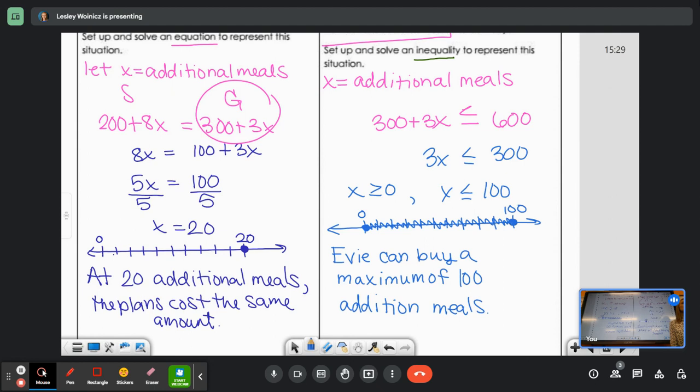So you know how I started to write a sentence that didn't agree with the rest of the problem? You can catch yourself doing that by making sure that your let statement and your sentence both match the question that was asked at the end. You just do a little check. All right, you survived. The rest of the time is work time. Is there anyone that would